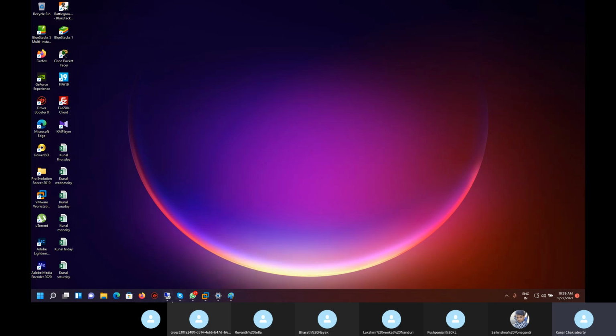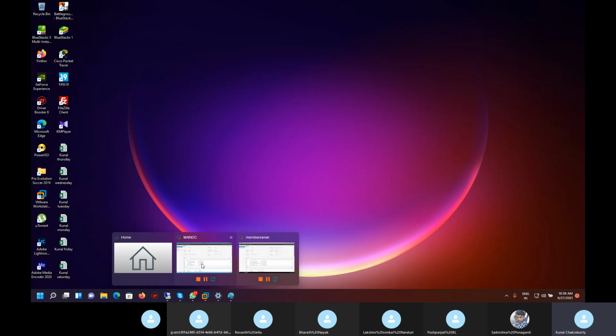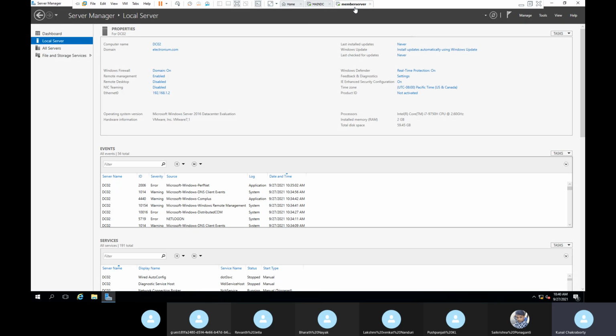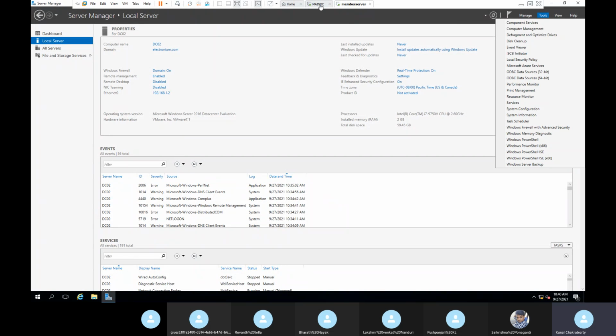So here in our practical, we have two servers. One is the main DC and one is a member server. Let's say the main DC is in Bangalore, and the member server is in Delhi, Mumbai, wherever. Now I want to open one branch. Before opening one branch in Delhi, we need to deploy a server over there. In order to do this, go to Tools under the main DC.